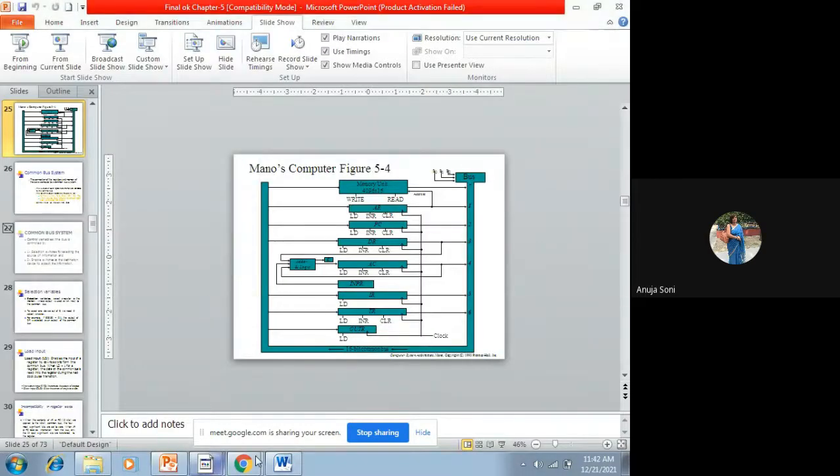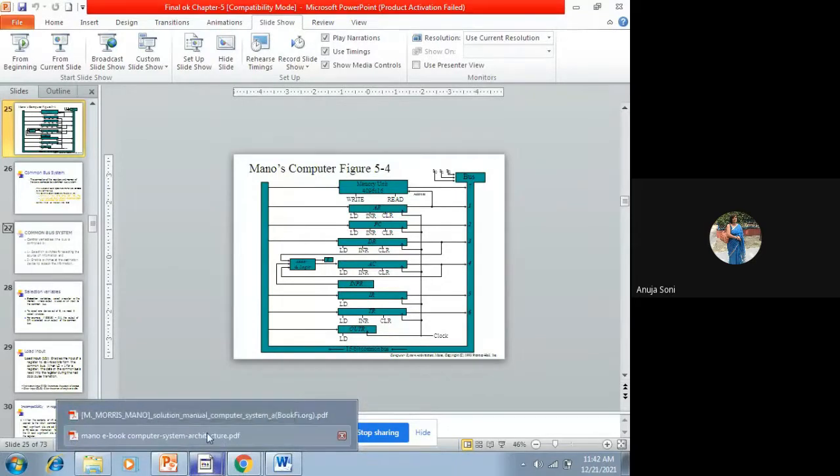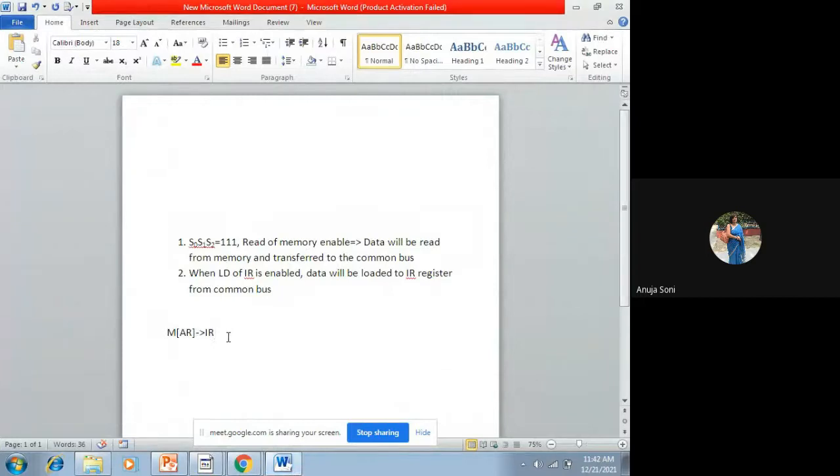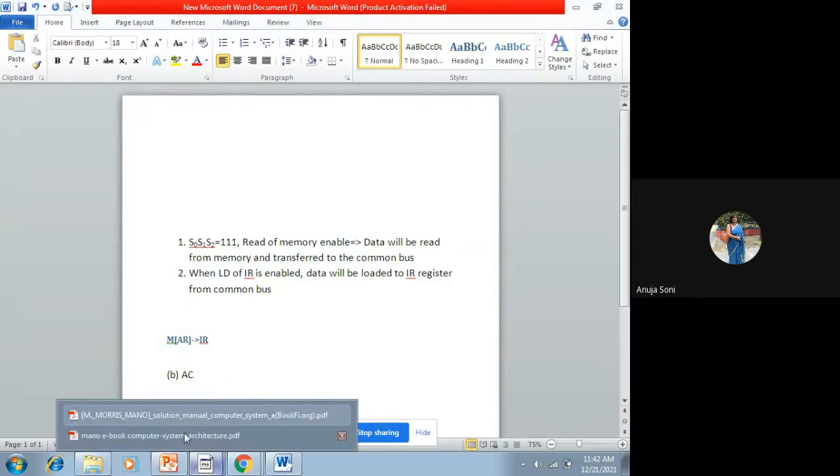And what will happen ultimately? Basically, the data will be read from AC. This is regarding part B. In step 1 and step 2 also, in the context of this part, you have to write down step 1 and 2, and finally you have to write down this statement. So you have to go step by step. I'm not going to write down step 1 and 2 here; you will write that on your own. I'm telling you orally that you have to do this.